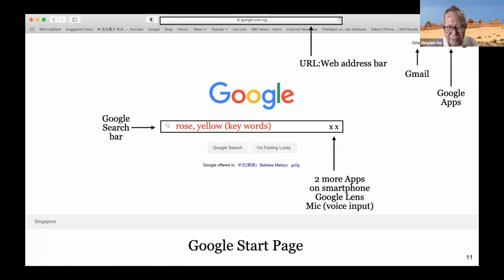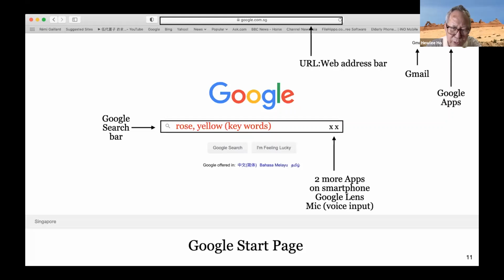The next app I did last week is Google search. Two important points on the Google search main page: there are two bars, one on the top, one in the middle. The top bar is meant for you to enter any address to go to any website you want to do your business. The middle bar, or the center bar, is the search bar.